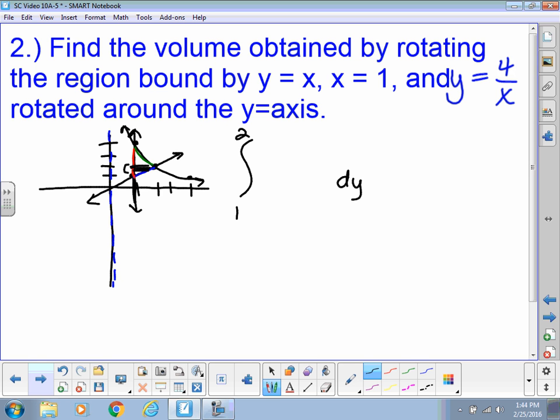Our outer radius would be that length. It's a horizontal line connected to the y-axis, so that is just x. Well, for that outer radius, x is just equal to y. So we'll have pi times y squared minus pi times our inner radius squared, which is just 1,